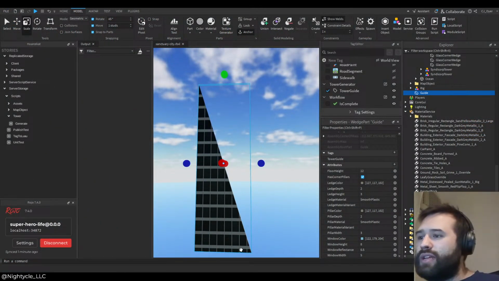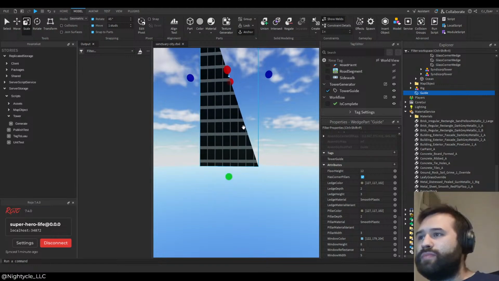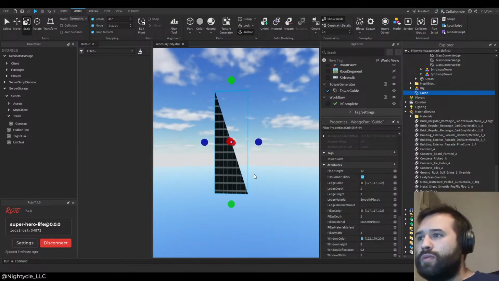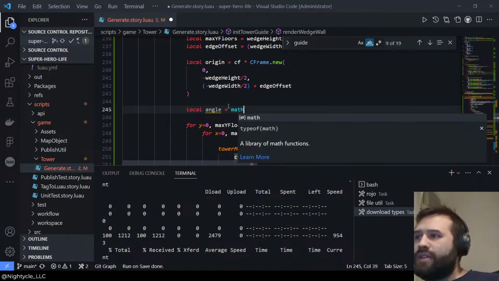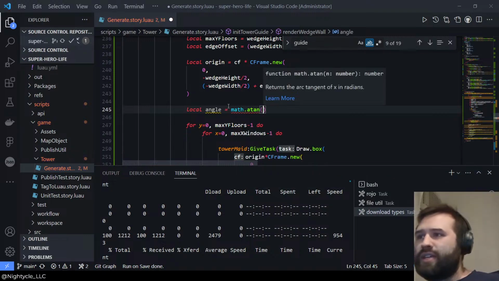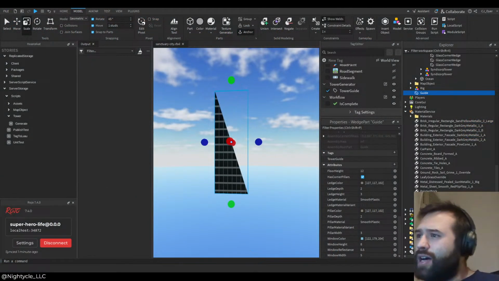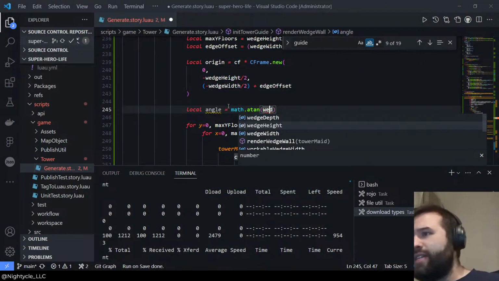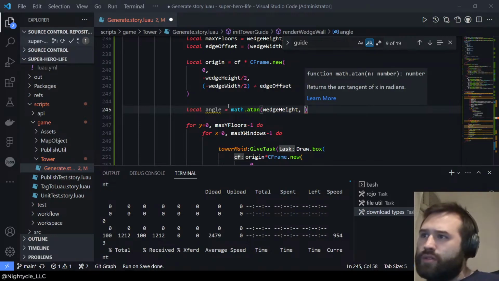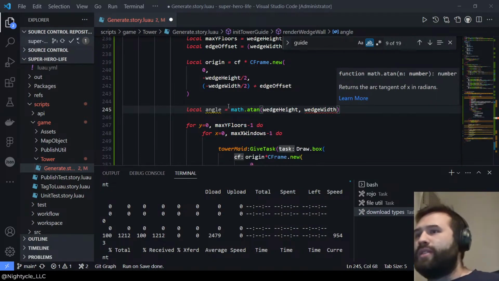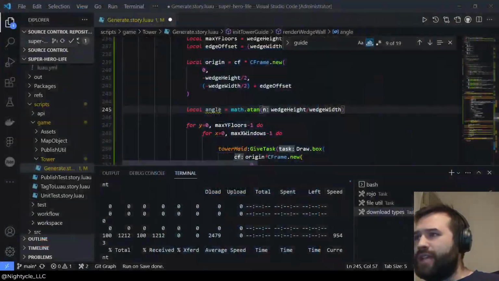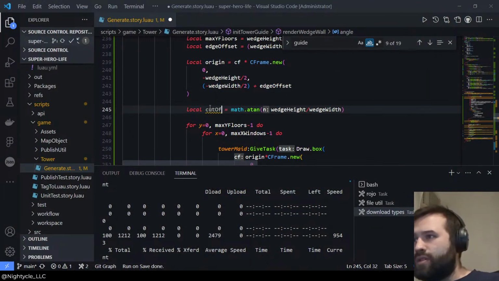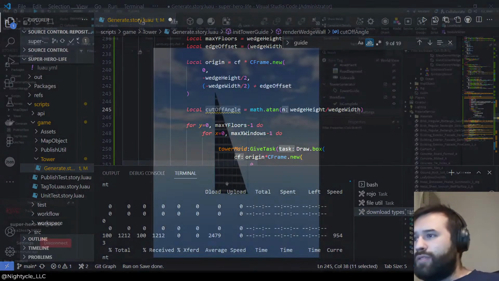Okay, so we're gonna have to get the angle, I think. Local angle equals math dot atan. So opposite would be wedge height, wedge width, adjacent. So height. So that should be the angle, cutoff angle, and then from there,